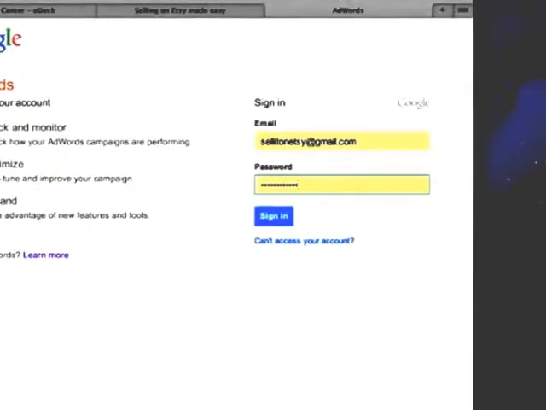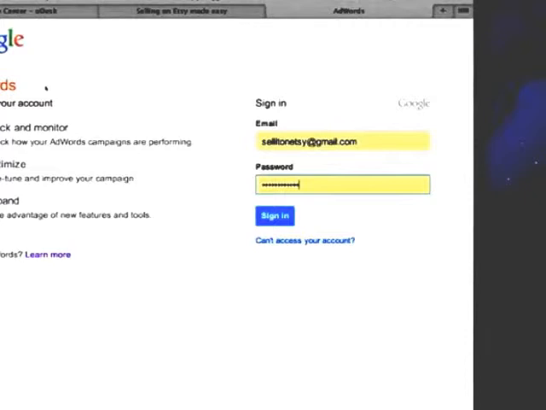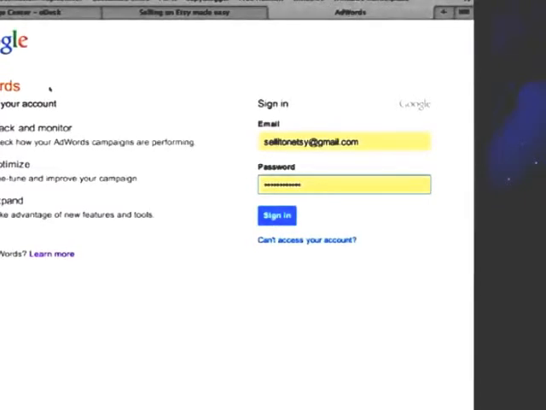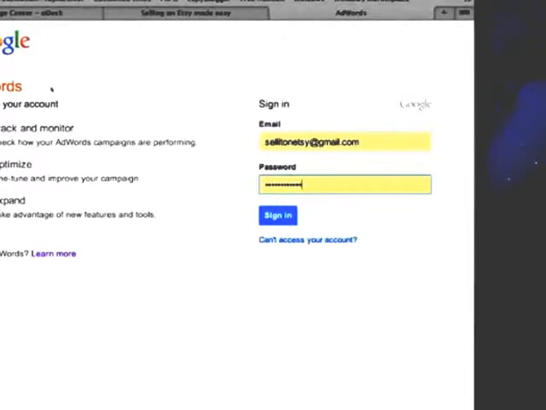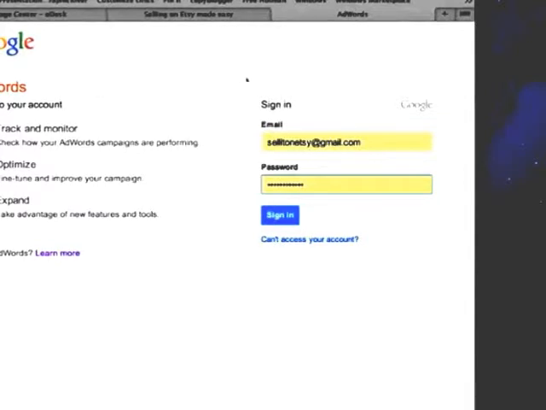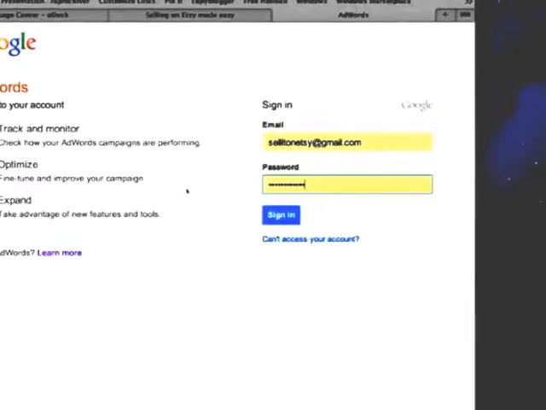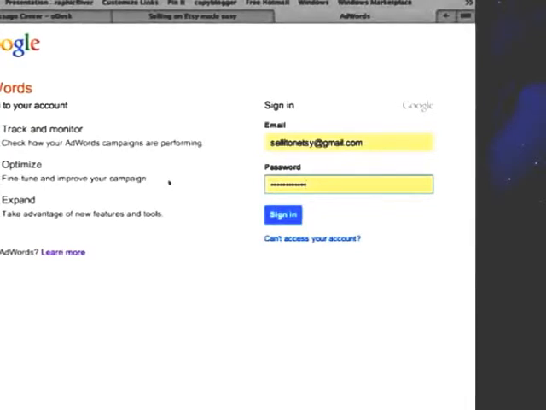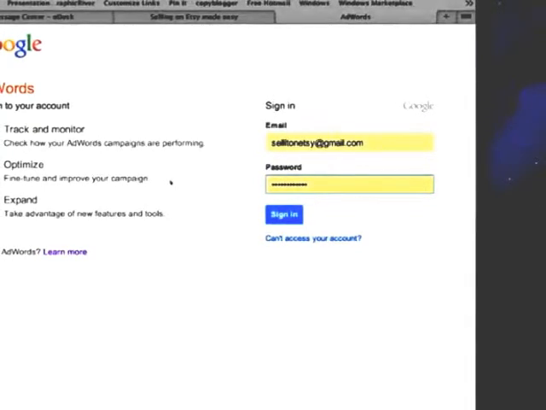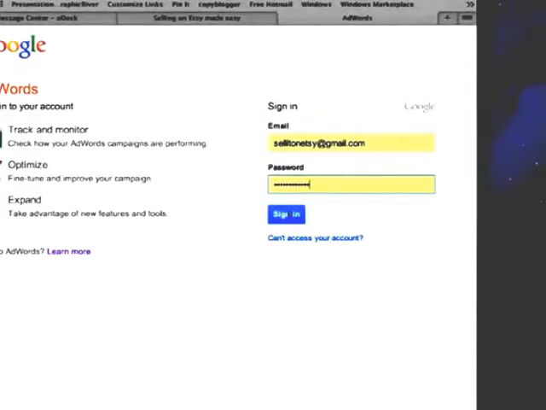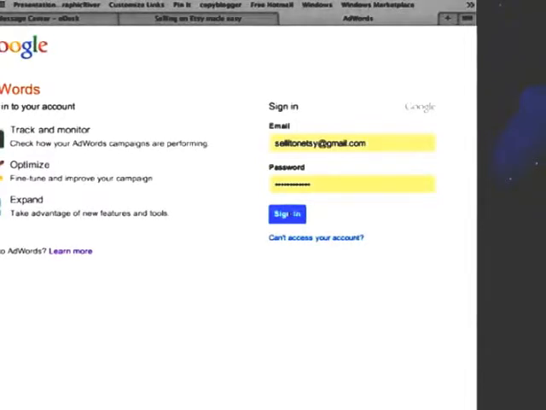The benefit of having an AdWords account is that it gives you more search results back. So I think if you don't have a Google account, you maybe get only 500 or maybe 100. I actually don't even remember because I always had an AdWords account together with my Google email account. The AdWords account doesn't cost you anything, you don't have to advertise with them, so it's a bit of a pain because it's an extra step to go, but it's definitely worth it. So I'm signing in with my Google Mail account, and we will see